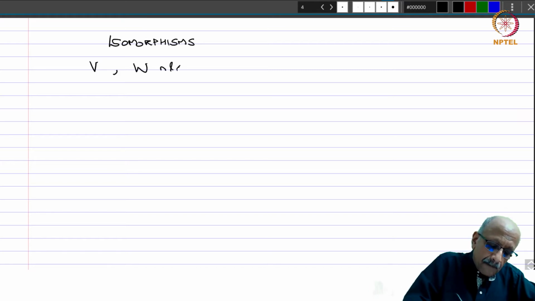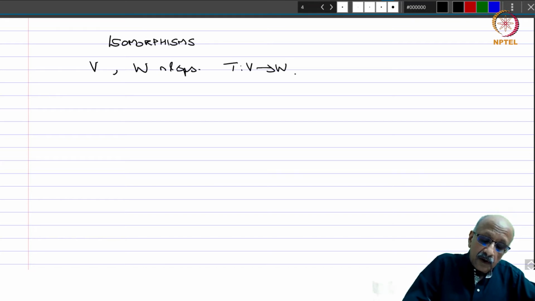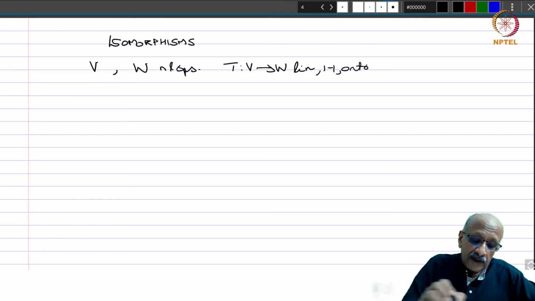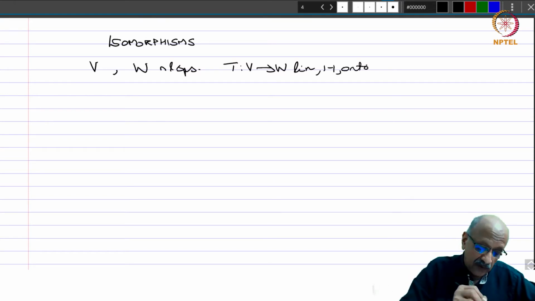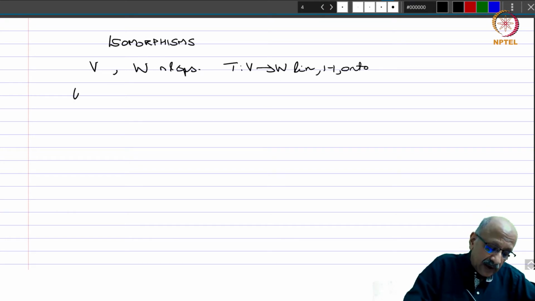We will now talk about isomorphisms. So let V and W be normed linear spaces and T from V to W linear, 1-1 and onto. So in linear algebra, this would already mean that it's an isomorphism between the two vector spaces. But now we are in the question of normed linear spaces, and therefore we say that